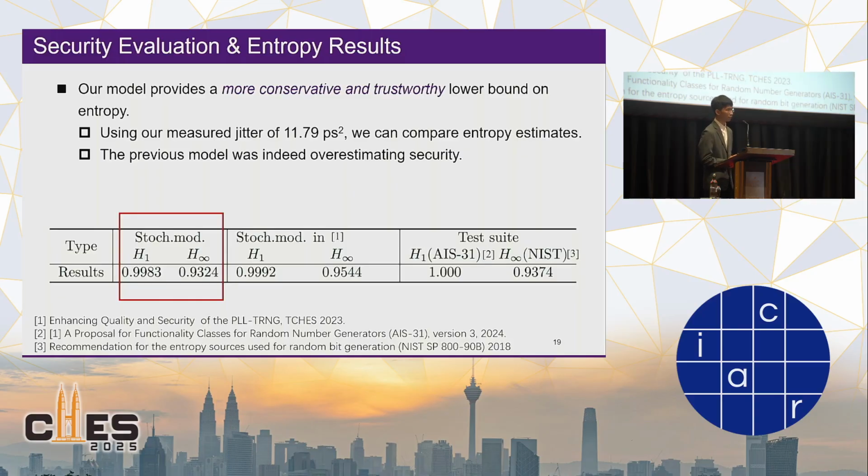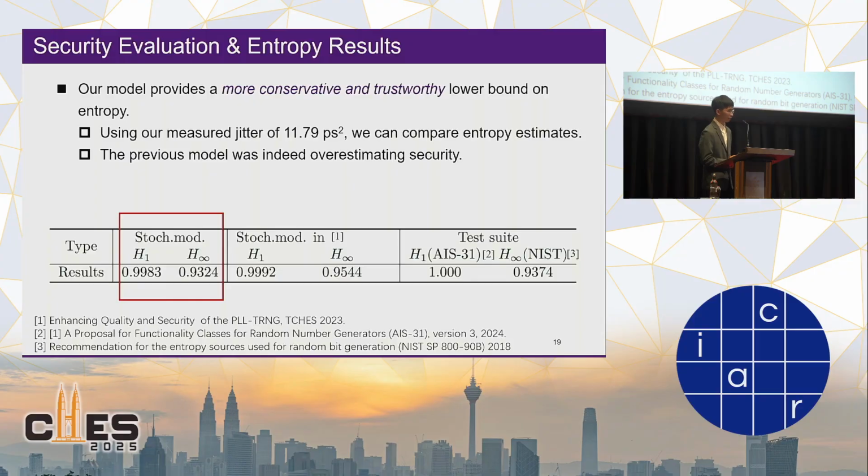So with a validated model in hand, we can now do a full security evaluation. Our design passed all the statistical tests of NIST and AIS-31. And here comes the most important part. Our design gets an estimation of mean entropy of 0.9324,